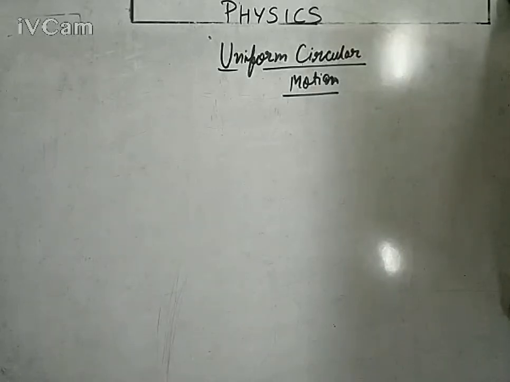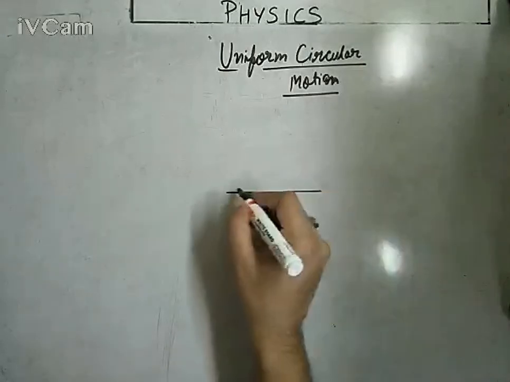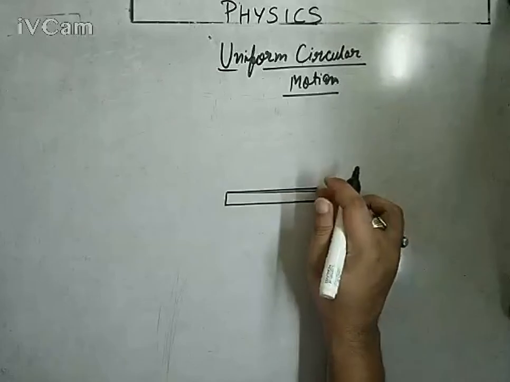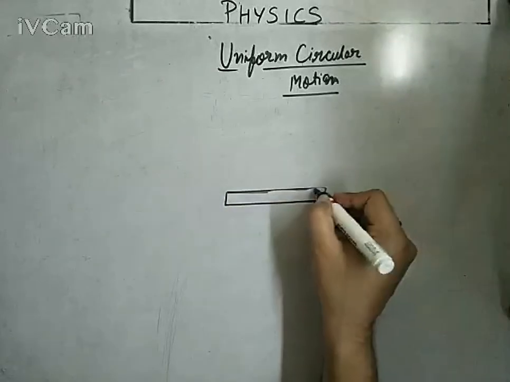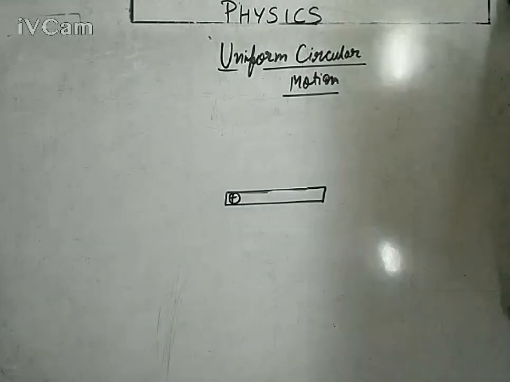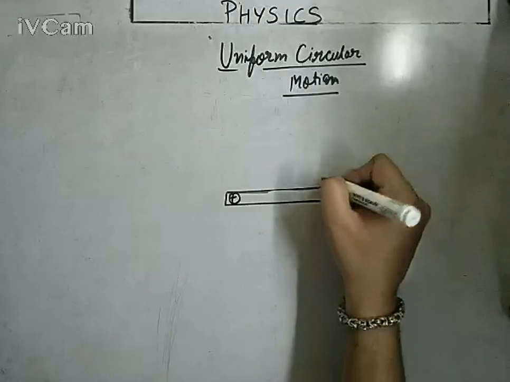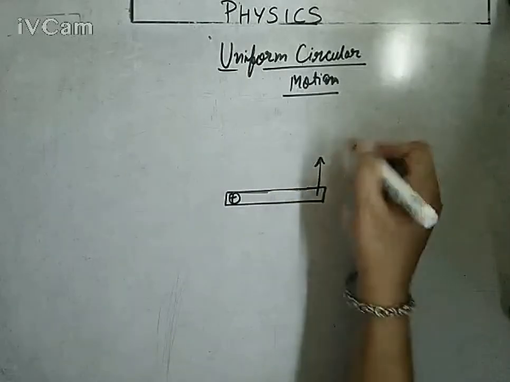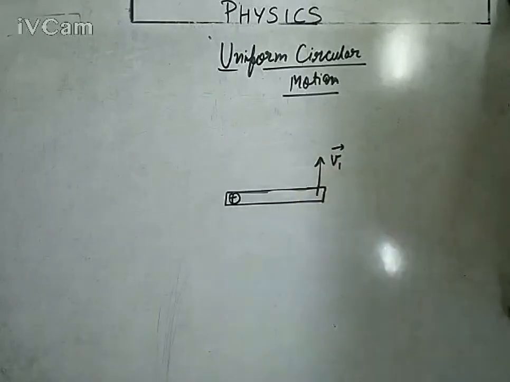So, if we talk about circular motion, it's some kind of a one-sided bounded motion. Consider a rod which is bounded from one end, meaning its one end is fixed. It is not allowed to move at all, only allowed to rotate, and you are trying to give a velocity to its other end. Let's say we are giving it a velocity v1 vector.